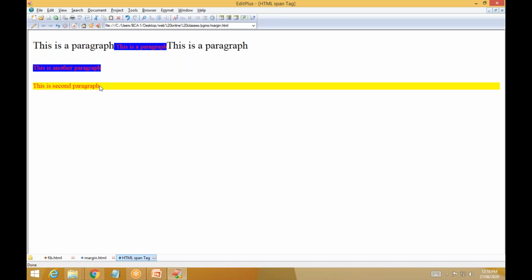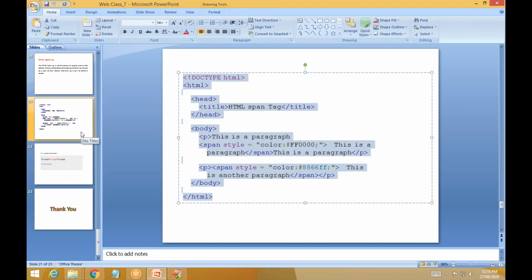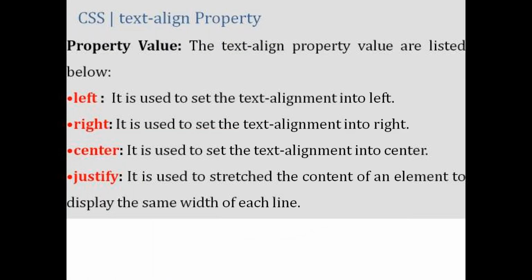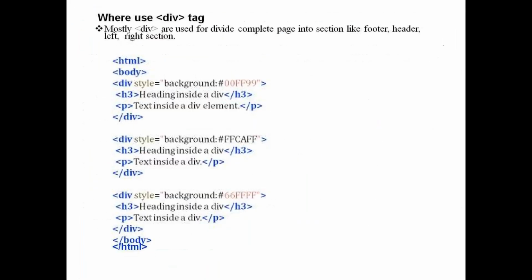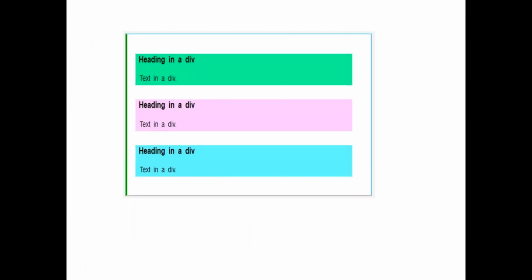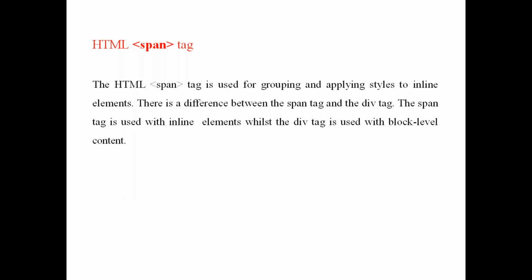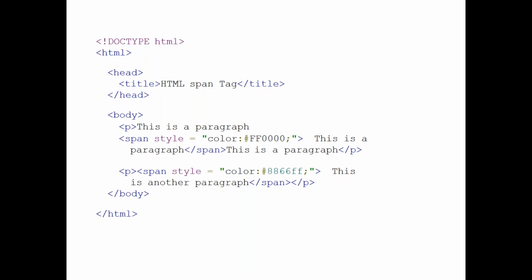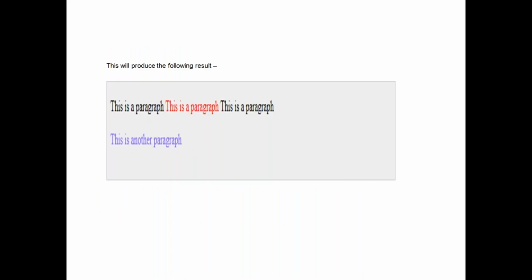So this is the division tag and span tag. In the exam they may ask you to explain the span tag and division tag. For that you have to write like this and explain like this. You have to write this example also, or whatever the style. Internal style you can use also. This is an example.